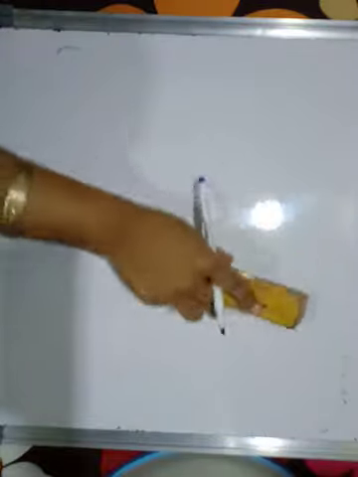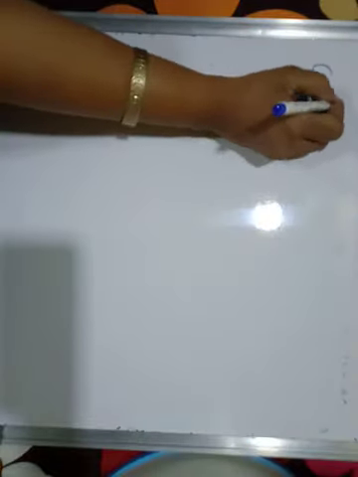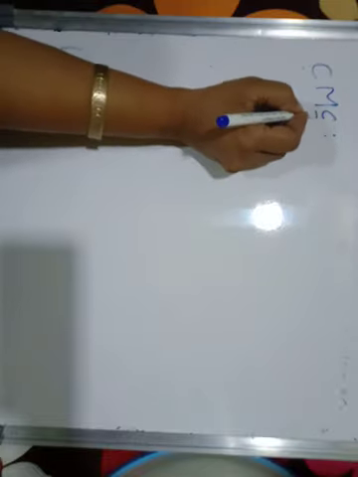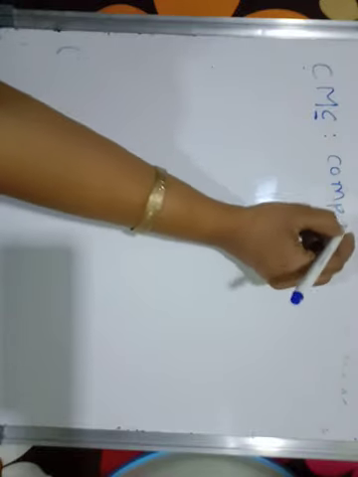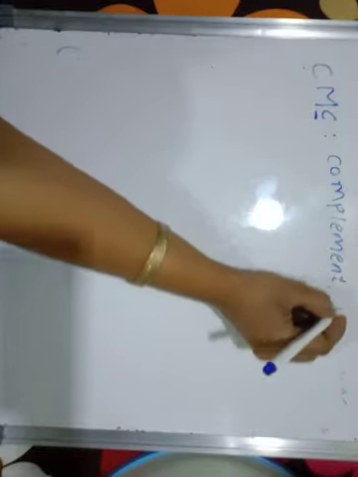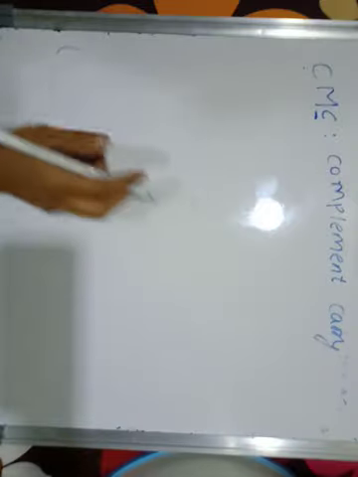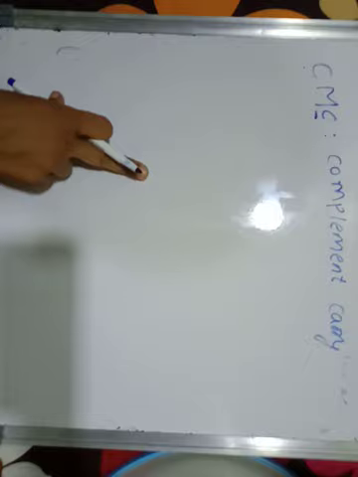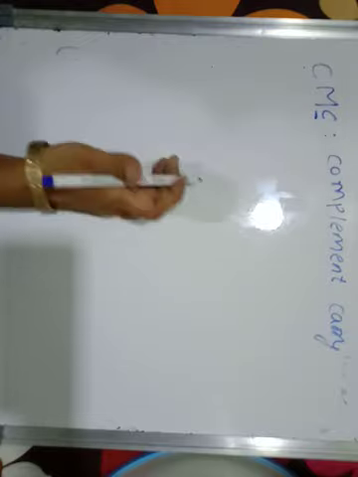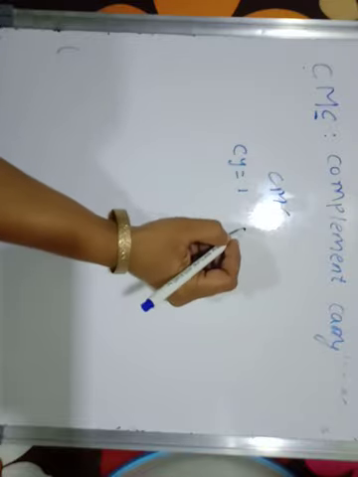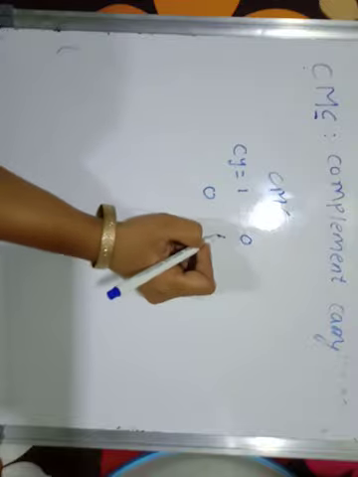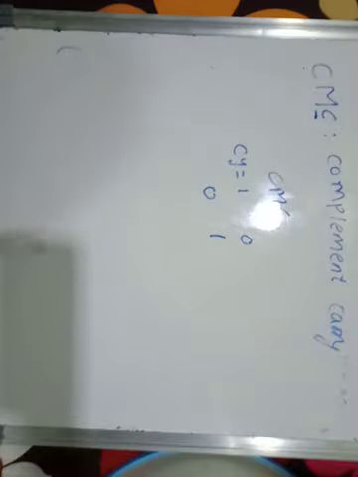The next instruction is CMC, which means complement the content of carry. Here the carry flag will be complemented. So what is the use of this instruction? It is a single byte instruction. When executed, it complements the carry and no other flags are affected. So CMC means, if your carry flag is 1, then it becomes 0, and if it is 0, it becomes 1. It complements the carry flag.